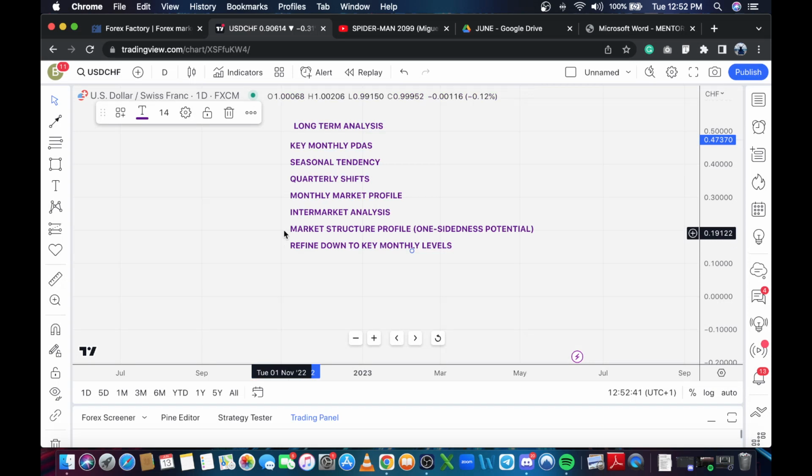Okay, the one will complement the other one. Usually, if you have a bullish seasonal tendency, that will complement a quarterly shift for higher prices, which you complement with seeing SMT on the lows on the asset you're looking at, just some kind of SMT divergence, which will also be confirmed with some kind of intermarket analysis, aka we're looking for higher prices on USD/JPY, then we're